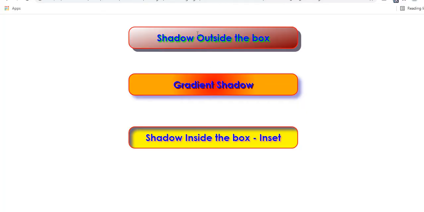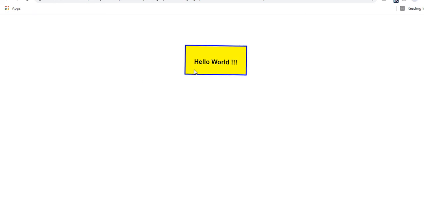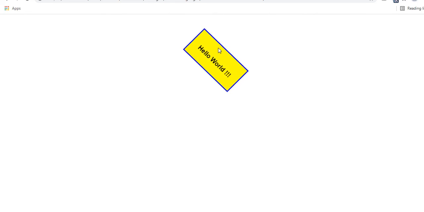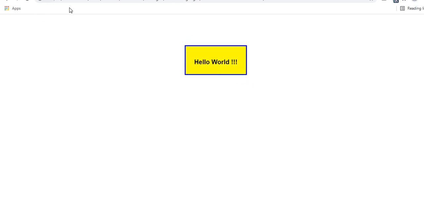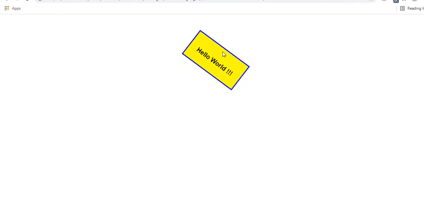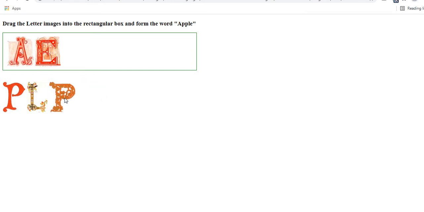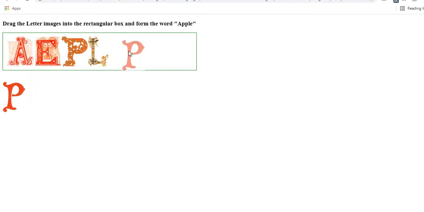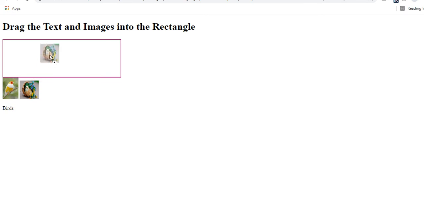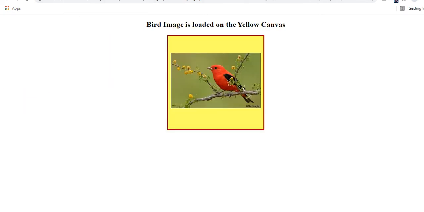So these are gradient buttons. I have created some buttons. See, Hello World. If you hover your mouse over this text, it's transforming, like scrolling, it's a transformation. Similarly, in HTML5 I have drag and drop. Say for example in Amazon, you don't want to add everything, just drag it and drop it. So you can drag all this and drop it. Similarly, you can drag the images also. This is all possible in HTML5.